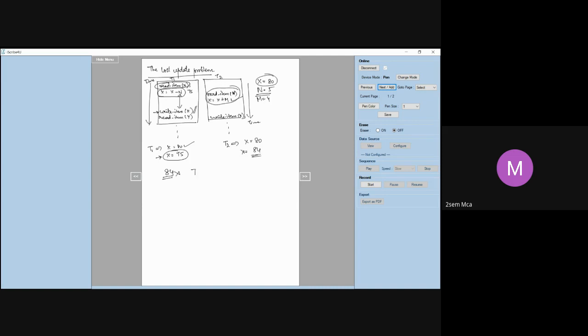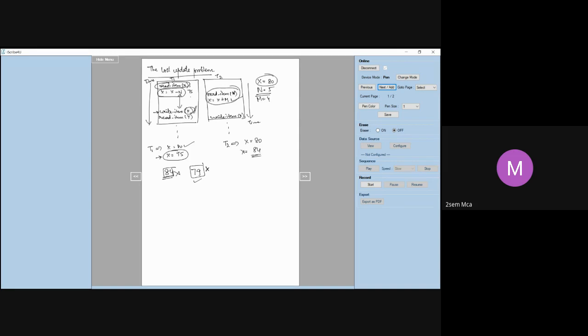It should have been 79, because 75 was the value. If it was written, then T2 would have read 75 as the value, and adding 4 to 75 gives 79. So the exact value of X should be 79, which is the right value. But it is actually 84, which is wrong.